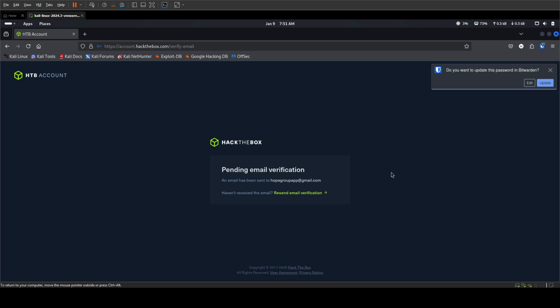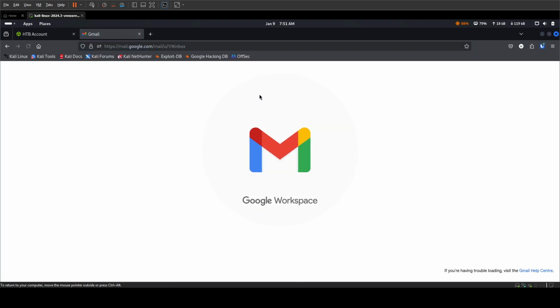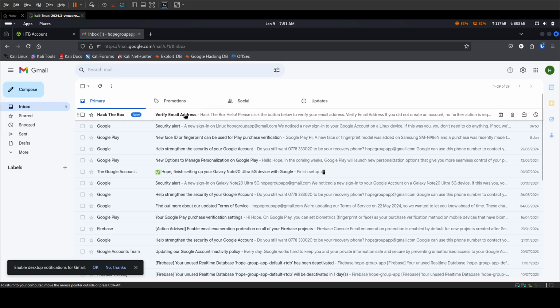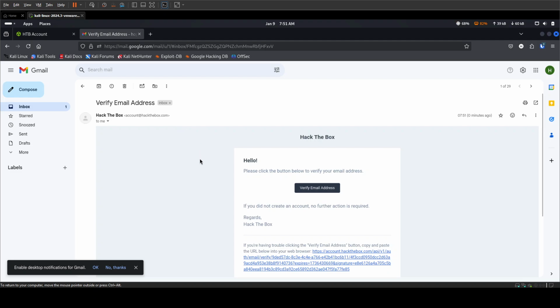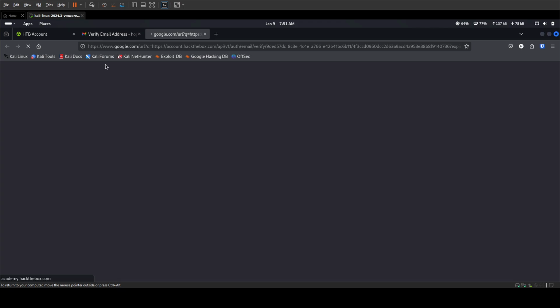You will get a notification on your email address, so maybe you could just quickly visit that email. Let me see if I can access mine from here, mail.google.com. Once that loads up, just click on the Hack the Box email that you get. If you don't see it on your primary mailbox or your inbox, just go look at your spam email right here. If you're using Gmail, if you're using Yahoo, also do the same thing. Check your spam mail. If you're using any other email provider and you can't see it on your primary email, check your spam email. So just go ahead and click the verify email,